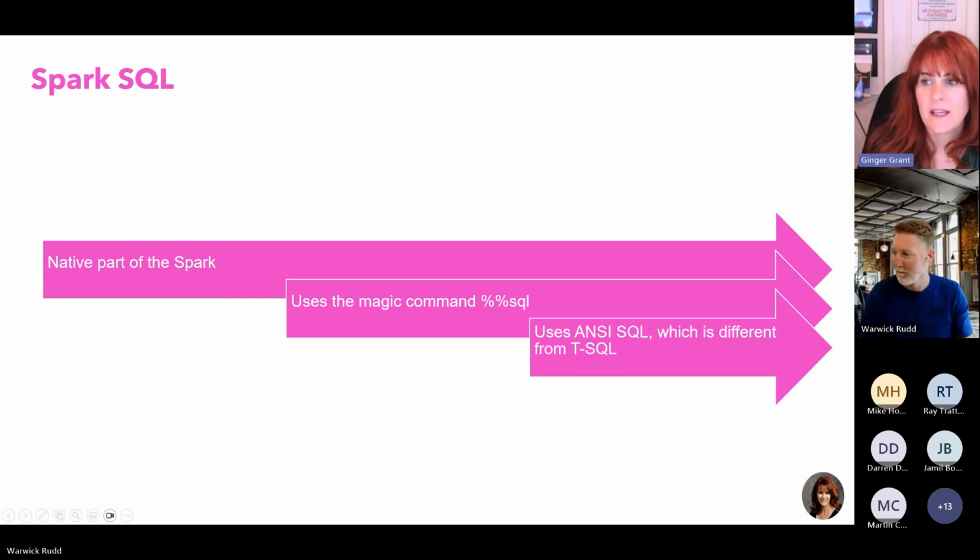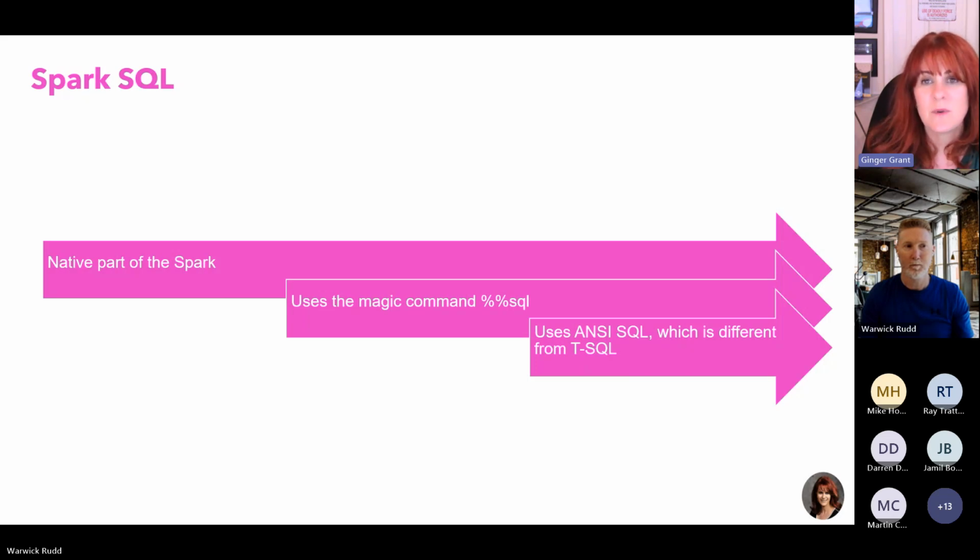Now, I talked earlier about Spark SQL, and basically it is so easy to use. If you have created a notebook and you set the primary language, because you can pick primary and secondary languages, if you set the primary one to PySpark, meaning you're going to be doing Python, and you want to use SQL, you can just enter as a top line, %% SQL. From that point, you can write SQL statements using ANSI SQL, just like you would perhaps do in Management Studio, because it's native to Spark. So you can easily write SQL commands to query your data, to analyze your data, to do any kind of analysis that you may be used to using in Management Studio